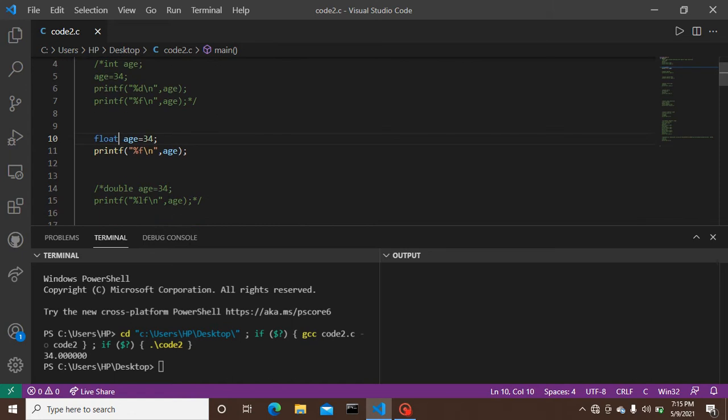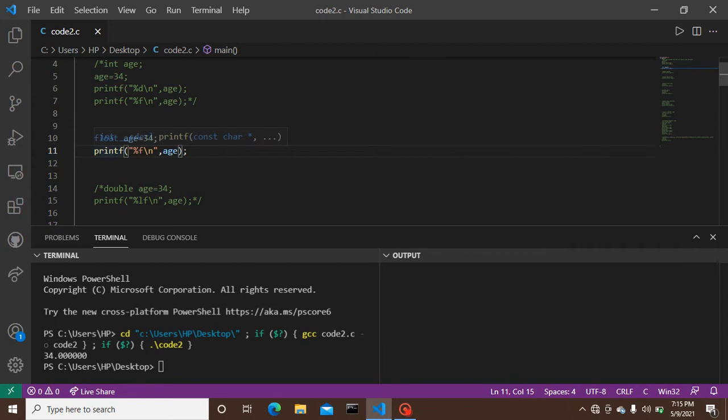Float type always stores 2 byte. Here we have an output with the help of the printf statement that I have provided, and I have declared percent f here.